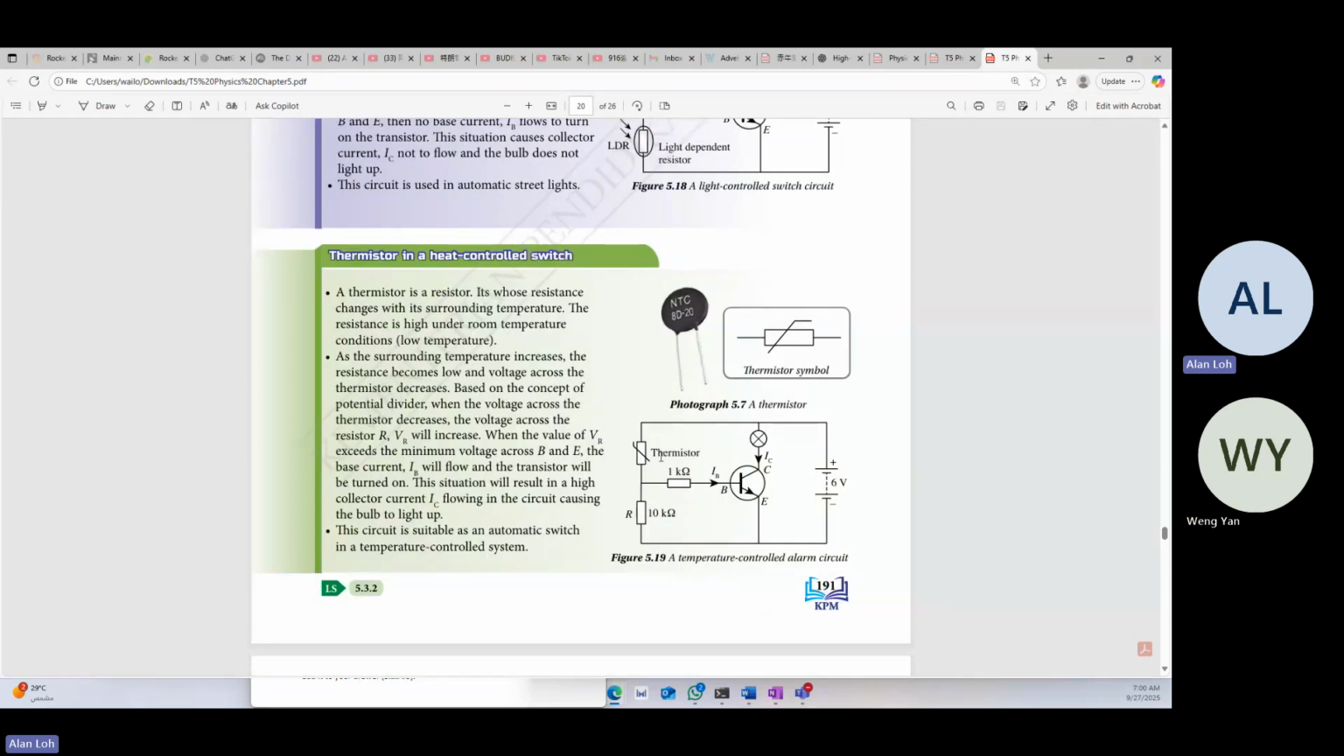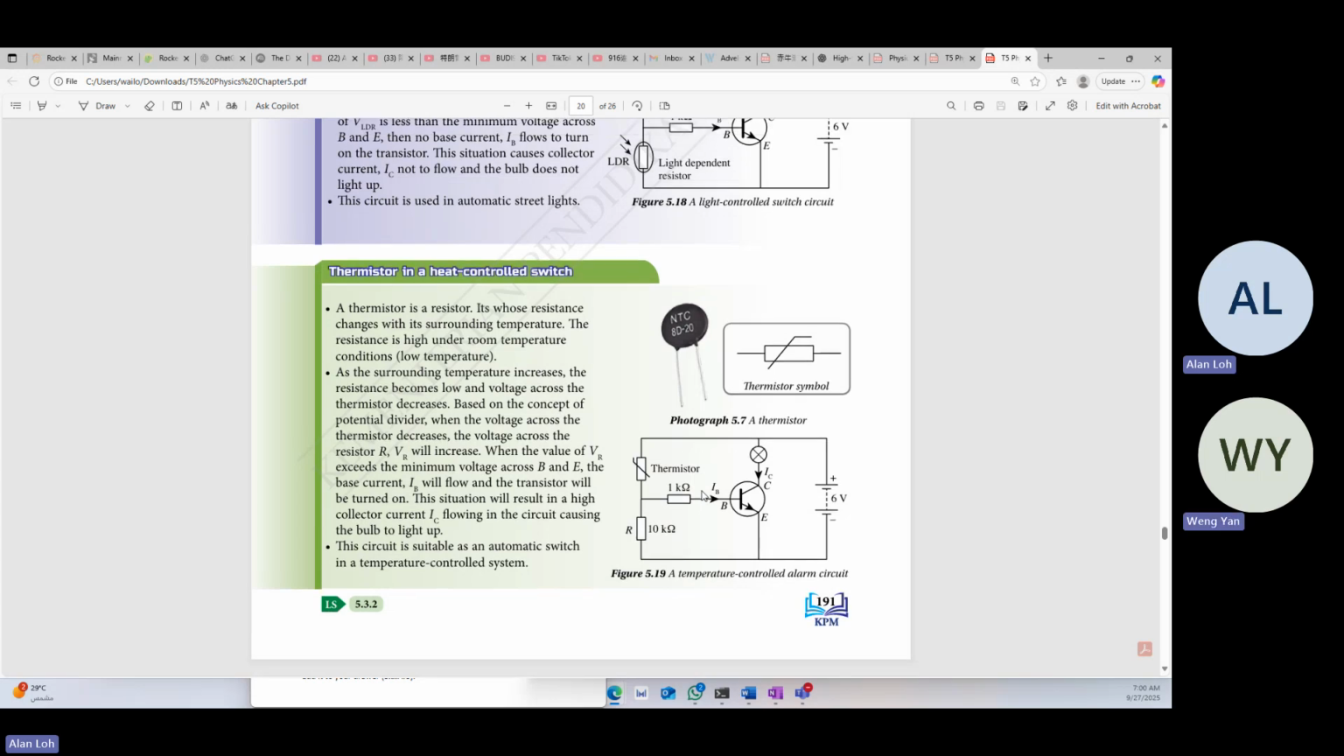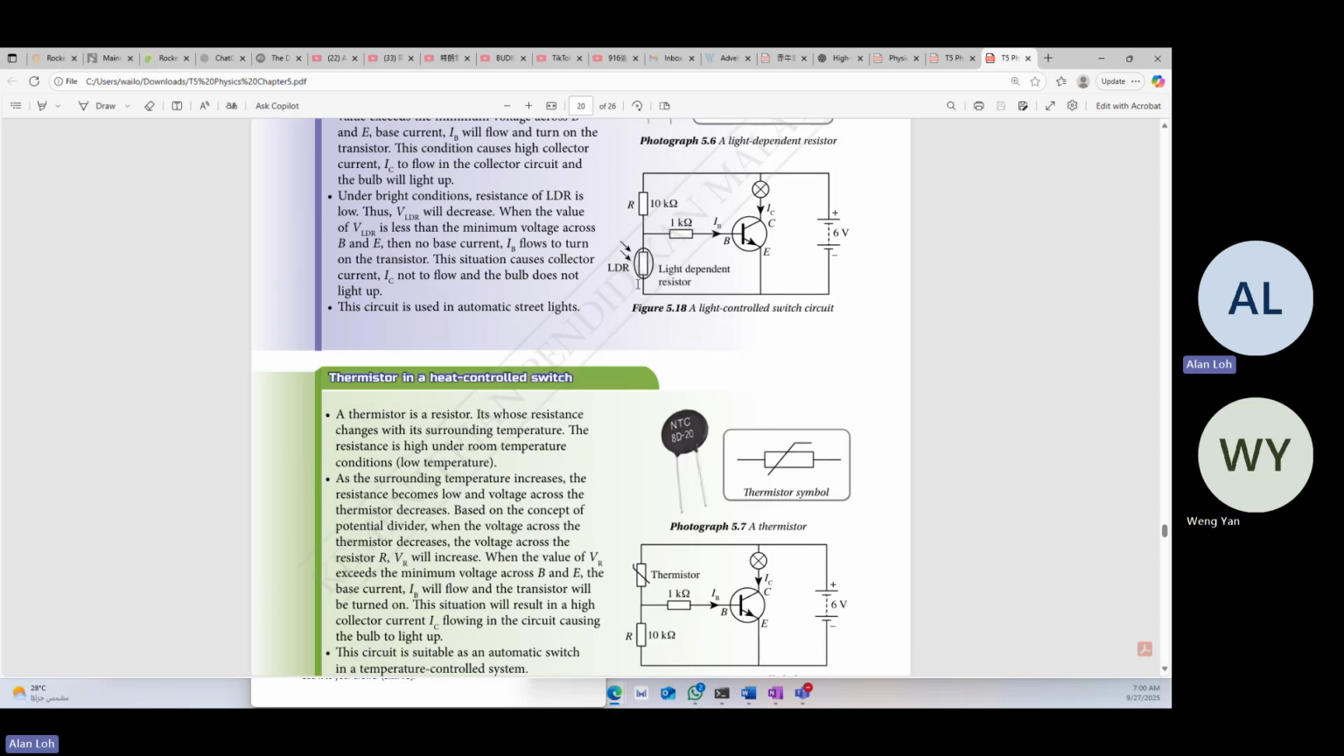Thermistor, you see, when it is hot, then it will turn on. But if you swap it over here, then when the thermistor is cold, then it will turn on. So you have to see, the LDR is below, the thermistor is above. So don't be confused if the question is giving you different diagrams, because usually this type of question is to differentiate between